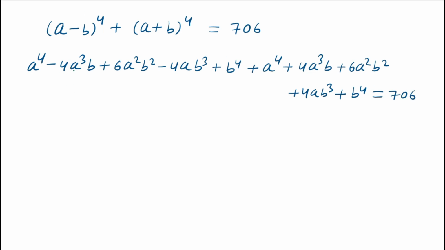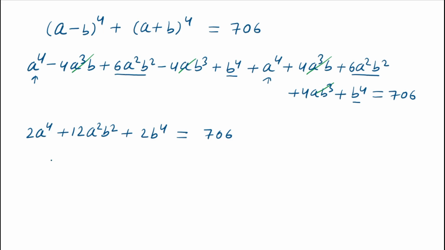Here this expression is negative and this expression is positive, then both are cancelled out, and here -4ab^3 is negative and +4ab^3 is positive, this and this are cancelled out. Here a^4 and here a^4, this is 2a^4. Here 6a^2b^2 and here 6a^2b^2 is 12a^2b^2. Here b^4 and here b^4, so here 2b^4, this is equals to